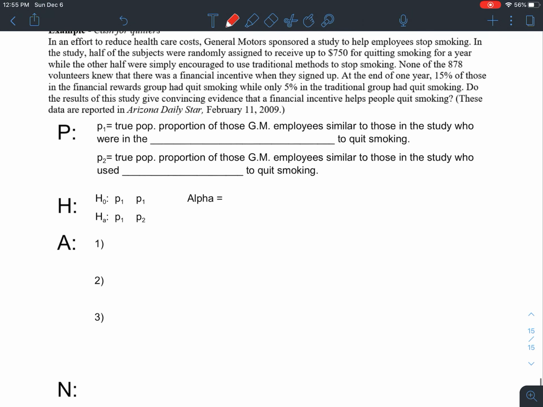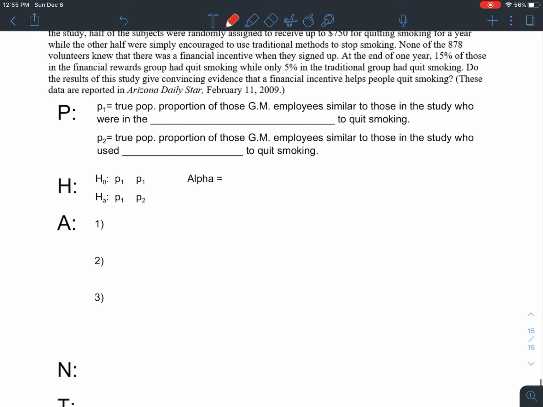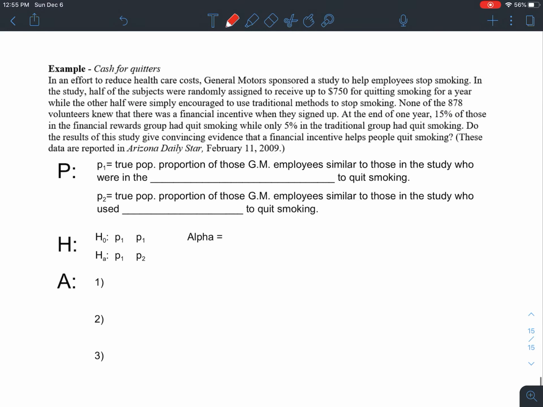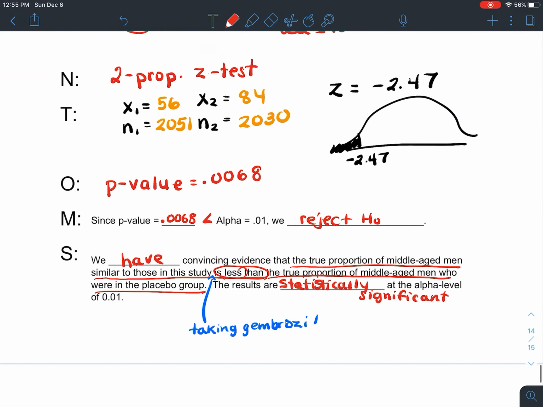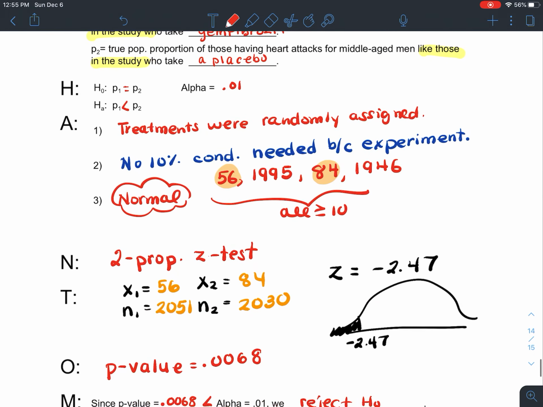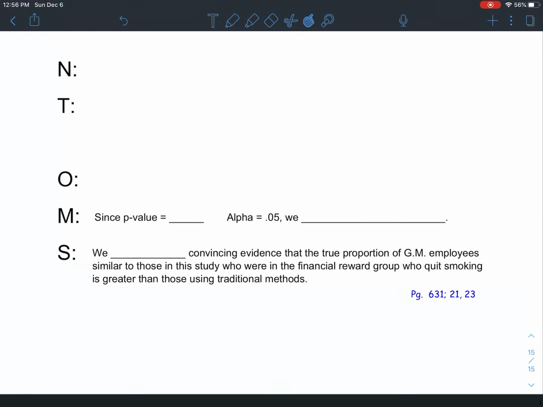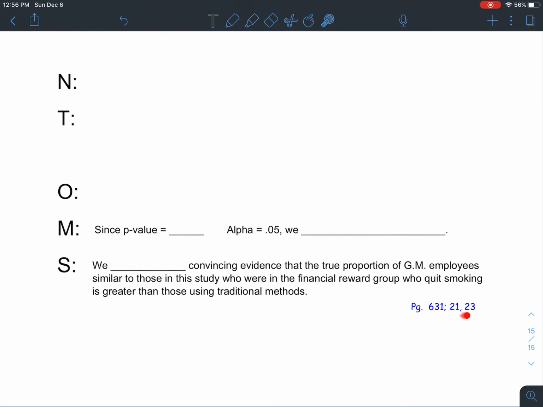Okay, that's how you run through a 2-proportion z-test. I know there is one more example here, but we've done so many significance tests, even in the last chapter, that I think you get the idea of this process. And honestly, running the calculator feature really helps with bypassing the whole needing to do a pooled proportion by hand and all of that. Okay, so if you have questions, please let me know, but you will find at the very bottom of this last page, which we are not going to do